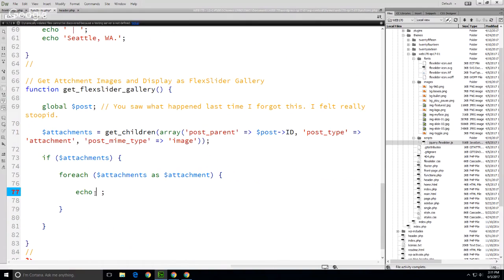So I am then going to use WP get attachment image attachment ID, because again, this right here, how I understand it, this attachment is basically now the, what do you call